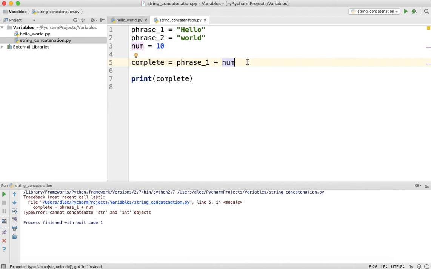Okay? But what we can do is change this int into a string before it does the concatenation. So how do we change this integer into a string? Well, we can do str, which stands for string, and we'll put parentheses around the num. So what is it going to do? It's going to first concatenate hello with num, which is a 10, turned into a string, which would give me this. And now I can concatenate these two guys together,